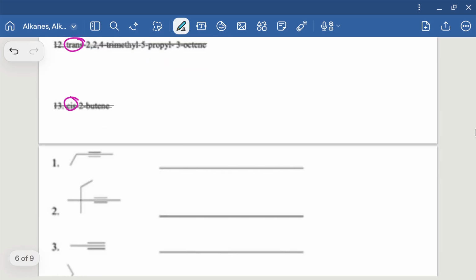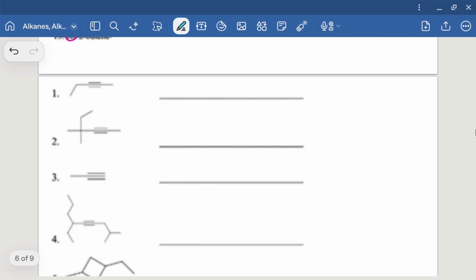Okay, so now that we've done that, we can look at triple bonds. Triple bonds always form a linear structure, and we still want to find the longest chain that contains that triple bond. So I'm going to start numbering from here: 1, 2, 3, 4, 5. Because the triple bond is linear, we just have to make sure we know that there's a carbon on either side. So this would just be pent, and then between carbon 2 and 3, 2,